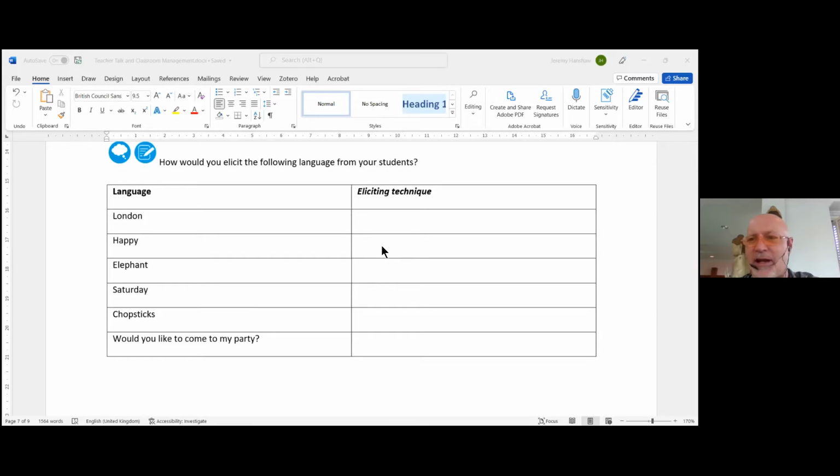Elephant. How can we elicit elephant? And that's the animal, not the beer. Maybe we can ask the question, what animal is the symbol of Thailand? Very good. It's also the symbol of the Department of Land Transport, I noticed when I go on the BTS.